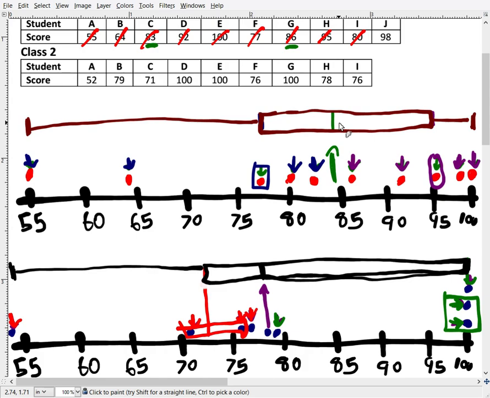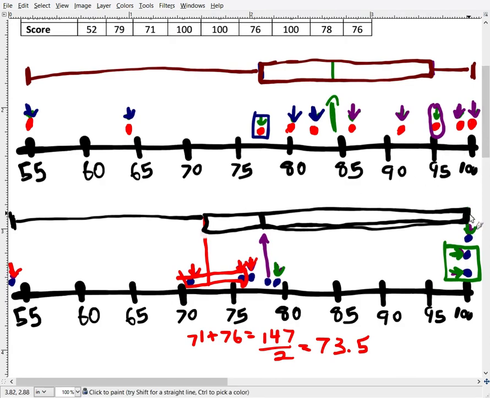Now another alternative is to look at the middle half of the students and say, well, how does the middle 50% of students do? Well, in Class 1, the middle 50%, they score between this 76 from the looks of it, 77, all the way up to 95, as opposed to Class 2, where the middle 50% has a low right here of that 73.5, and then they score all the way up to 100. So in terms of the middle 50% of students in Class 2, they have a higher score, but there's a way more spread amongst that group